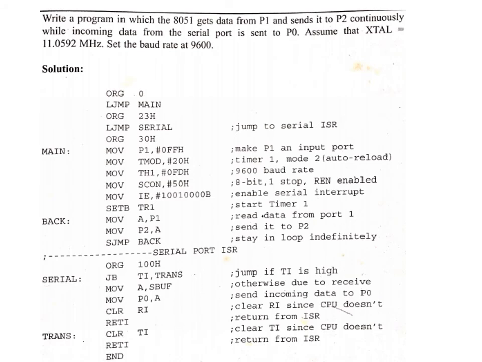Please go through the concepts of serial communication in order to understand why TMOD, TH, SCON are loaded with these values. As serial communication interrupt is used, IE is loaded with #10010000B. Then the timer is started. Here you can see continuously data is moved from port 1 to port 2. As we cannot write MOV P2, P1 directly, we are using an intermediate register, that is the A register. Data from P1 is moved to the A register, and from the A register it is sent to port 2.